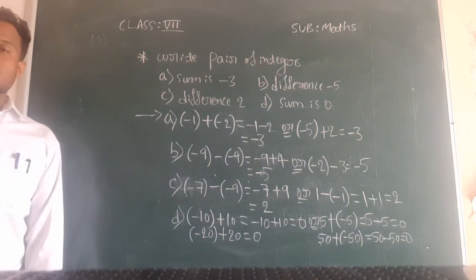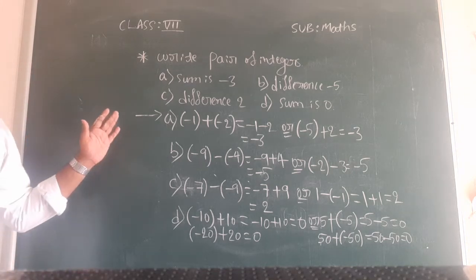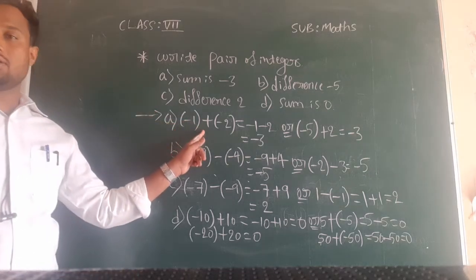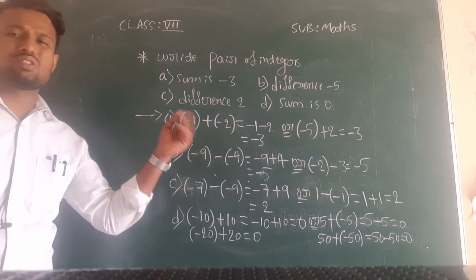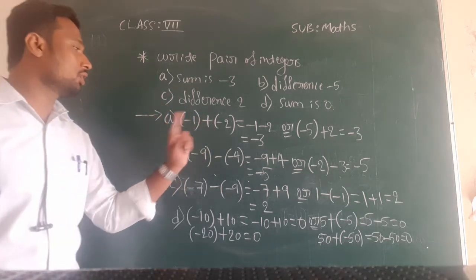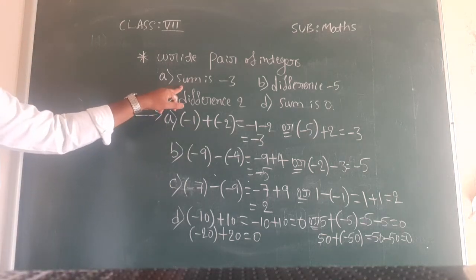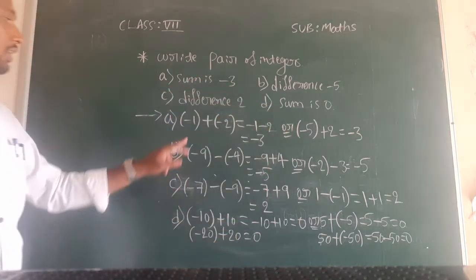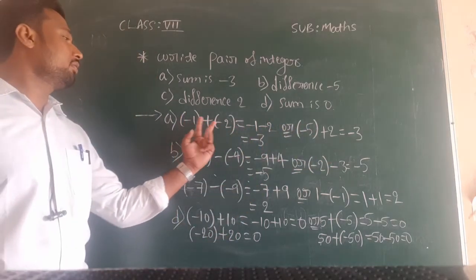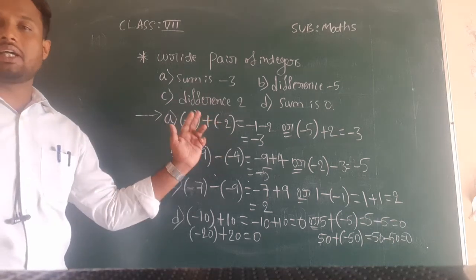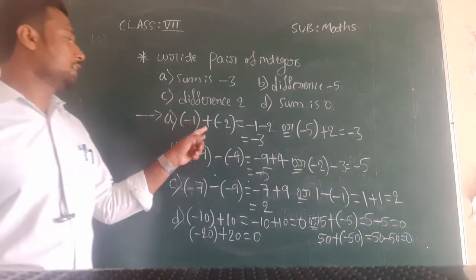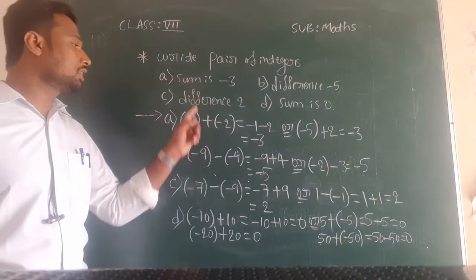Okay, here you can observe that when they have given sum, we added in between two integers. That may be a positive integer, that may be a negative integer. In between two integers, you should consider plus only. Where they have given sum, for the first A question and B question, you can see here, in A question I considered plus only in between. Here you may have a negative integer, then you can multiply and get minus in between. But while considering, you should write plus because you are adding. Sum means you have to add.